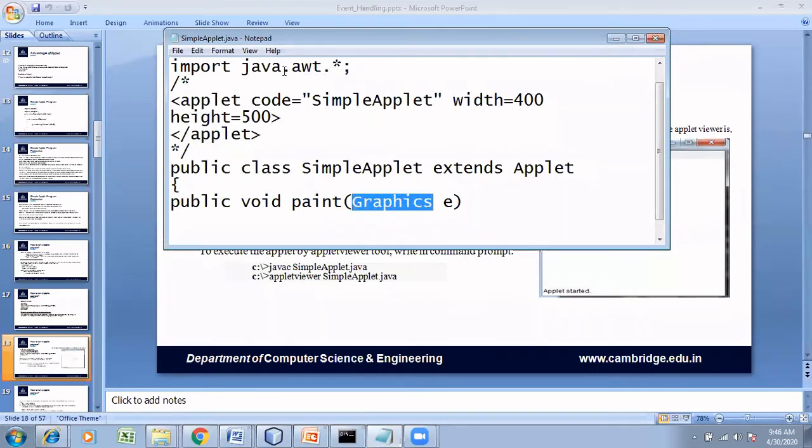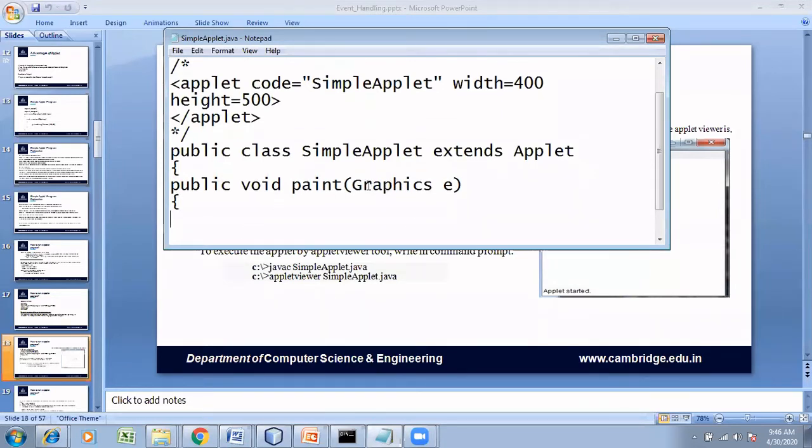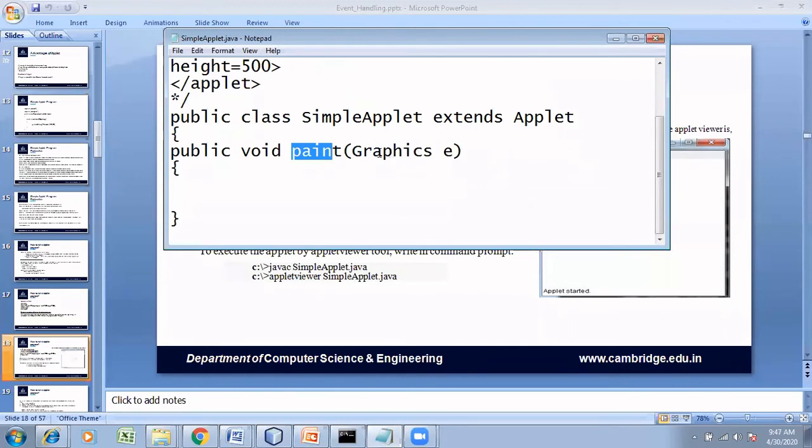Actually, you have to write here java.awt.Graphics class. So the Graphics class is available within AWT. Whatever you need to output is established with the help of this Graphics class only. So to the paint method, we should give that as a parameter. Now g is an object of type Graphics. Now I need to write something on the applet. So I basically use this object and call a method called drawString. g.drawString. I need to close this. I wanted to print hello.